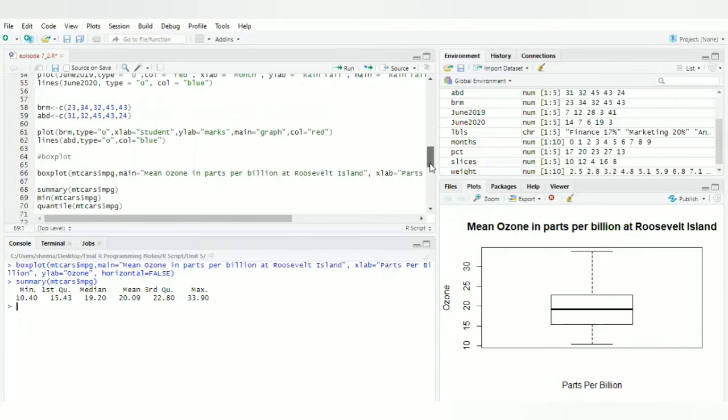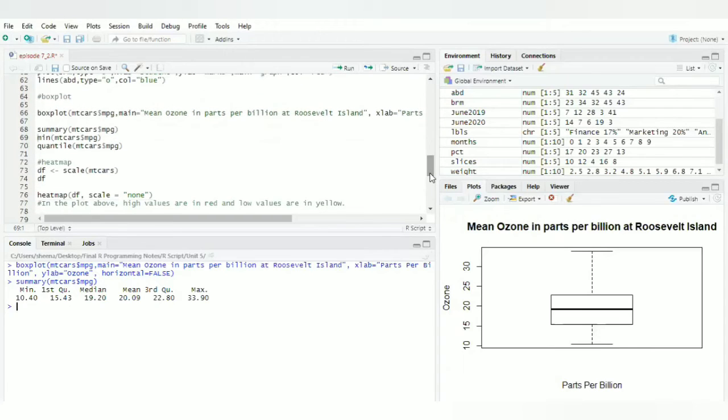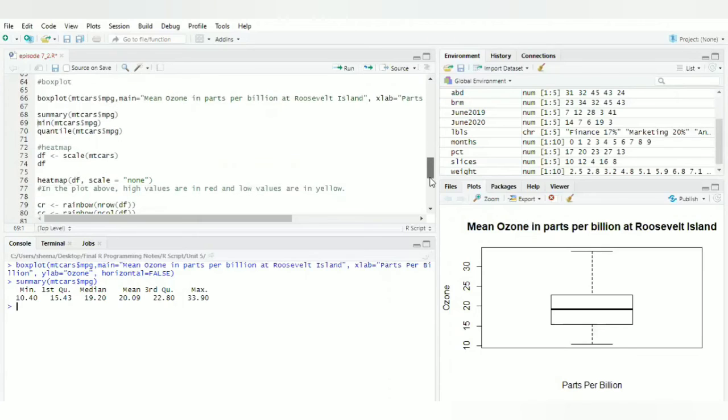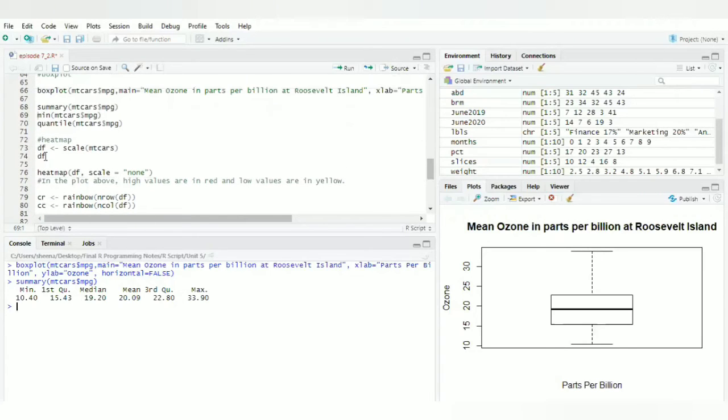Now we have learned to draw a box plot. Now very interesting, a heat map. A heat map is a very colorful chart which we can create to demonstrate our values. So we will see how the heat map looks. I will create a heat map for my mtcars.